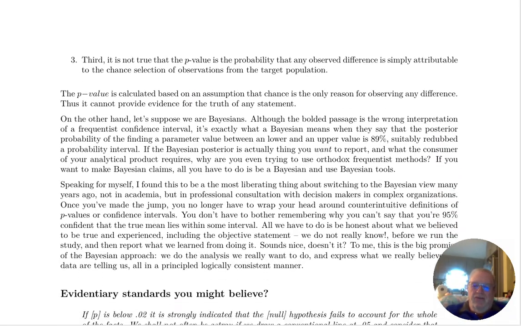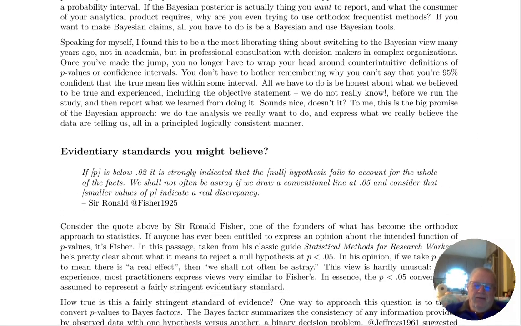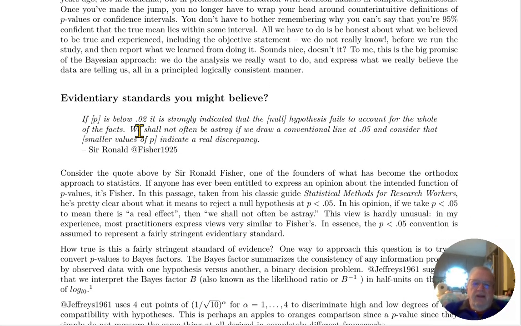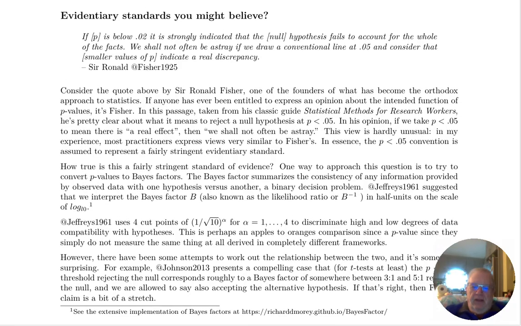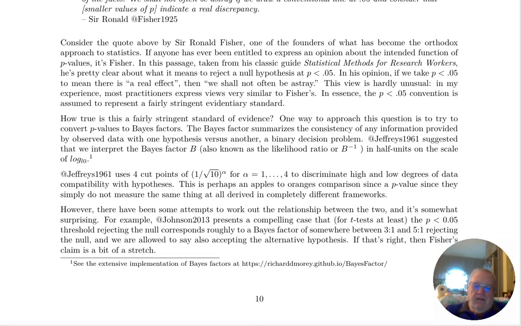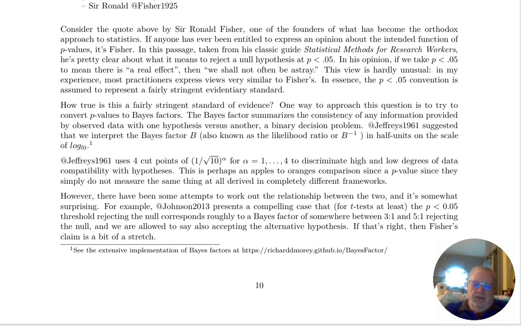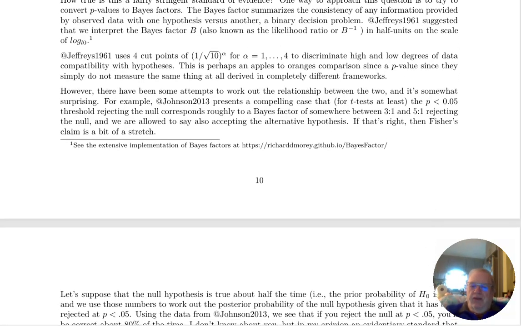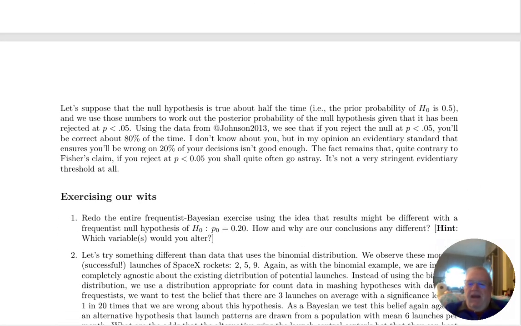So there's all sorts of stuff that we can talk about here. Here's Ronald Fisher's notion. If that p-value is below 0.02, it is strongly indicated that the null hypothesis fails to account for the whole of the facts. That's his way of thinking. Not a bad way of thinking, just his way of thinking. There are other people, Jeffreys and others, who use other things, compel this, compel that. I would say, stay out of that discussion and then ask the question,